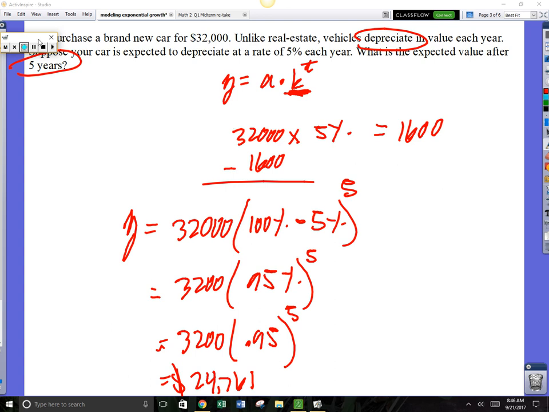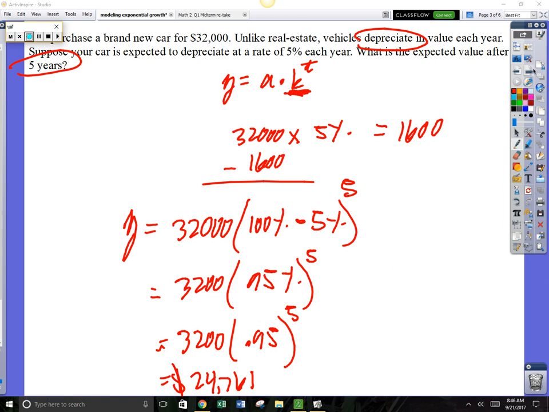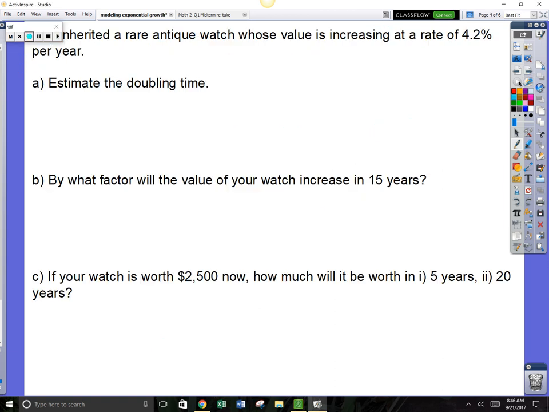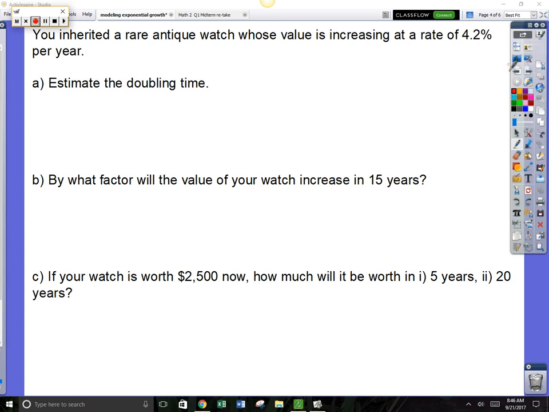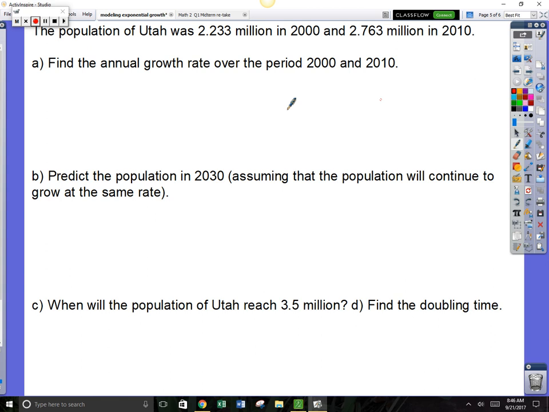Okay, so let's have a quick review. This next one, you inherit a watch, and its value increases at a rate of 4.2% per year. Find someone that was here on Wednesday and go over it with them. So we're going to jump to these last two. Okay, these last two,